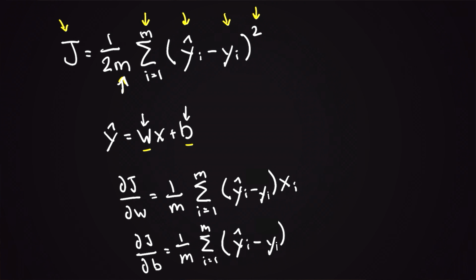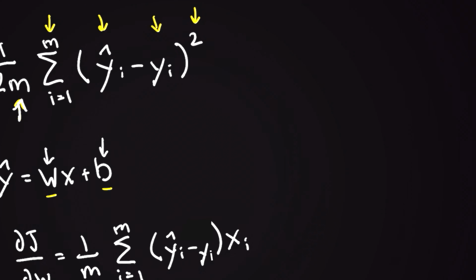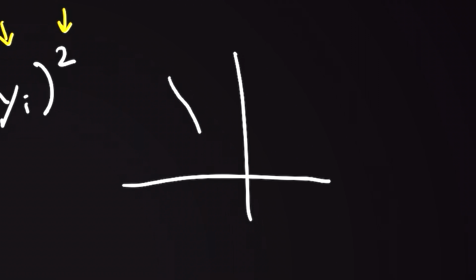One more thing about this cost function that I want to briefly state is that it's convex, which means it looks something like this. It's going to have this bowl shape. You'll hear about this a lot when learning about linear regression, and this just means that the gradient descent algorithm is going to be able to find the optimal value. It's going to be able to easily